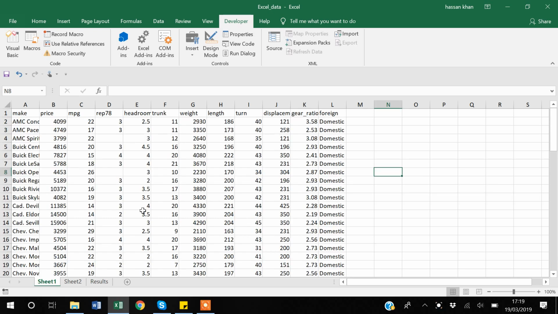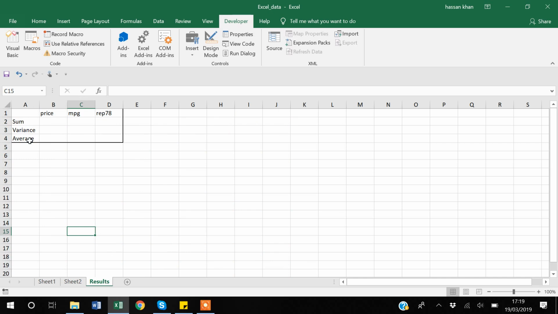The sheet 1 has some data in it and some variables for which we have data. It's hypothetical data. Based on this data, I want some summary statistics. I have created a template that I would like to create through Visual Basic. I want summary statistics for these three variables: price, MPG, and rep 78. These variables are related to car data. As I said, this data is hypothetical, so you don't have to worry about what this price and